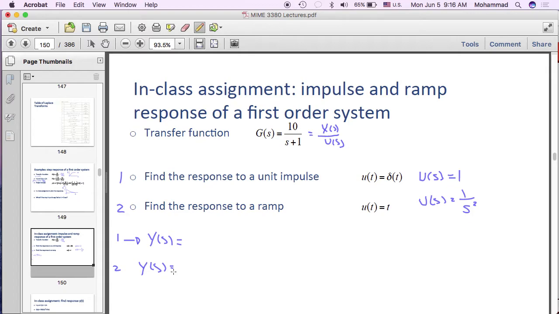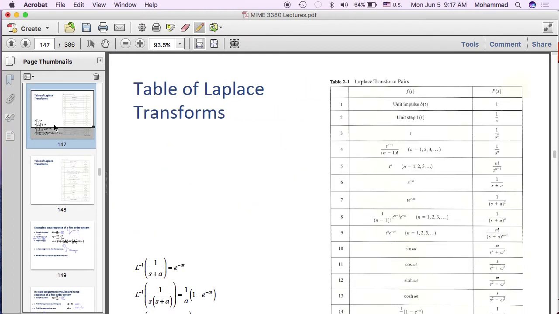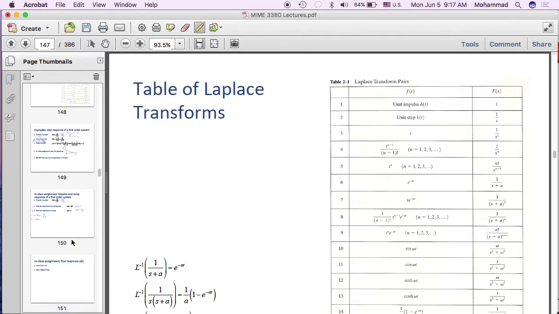Y of s for the first case is simply the transfer function because u of s is 1. So y of s simply would be 10 over s plus 1. And from here we find y of t, which is inverse of 10 over s plus 1 to be equal to what? This was one of the examples we just solved. Let's go back. So for the case when we had 1 over s plus a, it was going to be e to power minus t. So the response is going to be